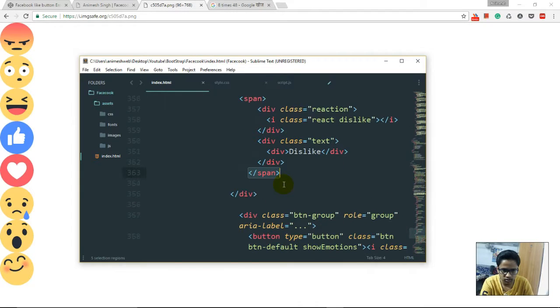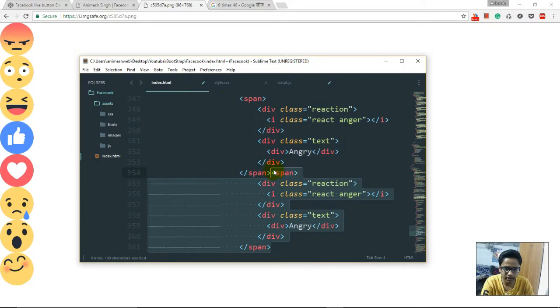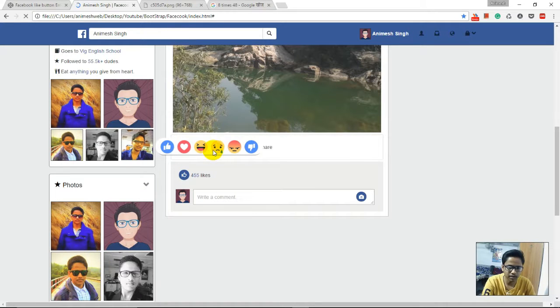And now we'll be just duplicating the angry one and adding this puzzle and giving it a class of puzzle. And now if we go and refresh our page, we should have one more icon, like the 7th icon,